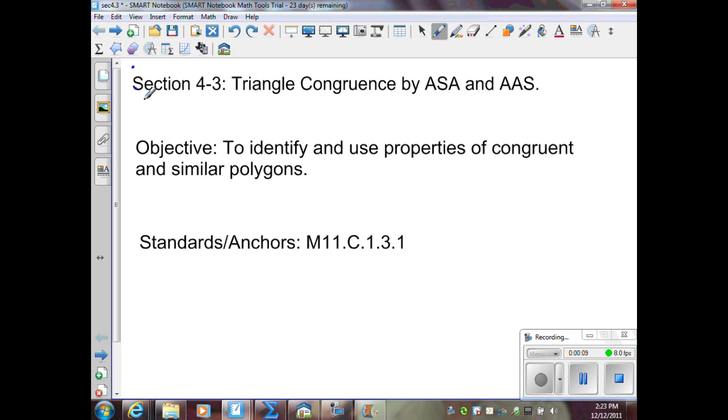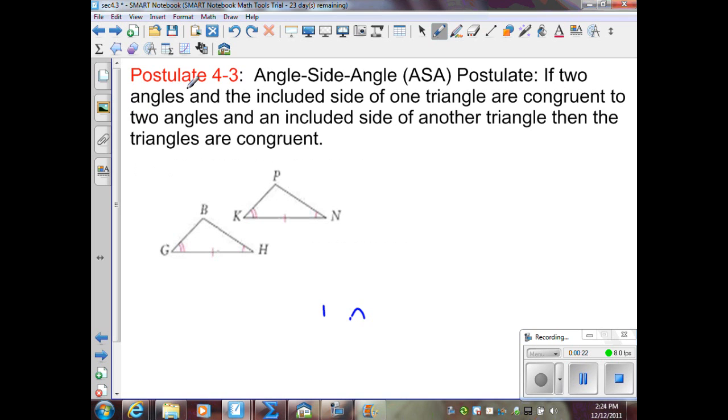Section 4.3, triangle congruence using angle, side, angle, and angle, angle, side. First slide, postulate 4.3, which is angle, side, angle, with an abbreviated ASA. This postulate states if two angles and the included side of one triangle are congruent to two angles and an